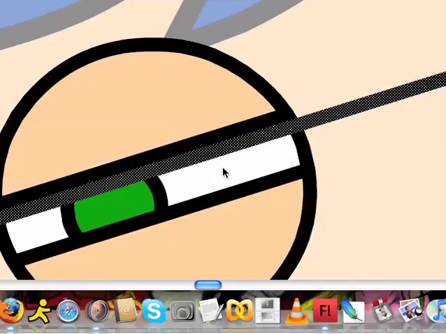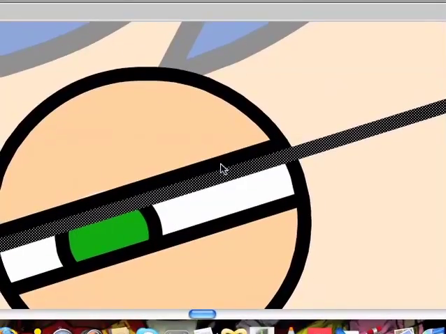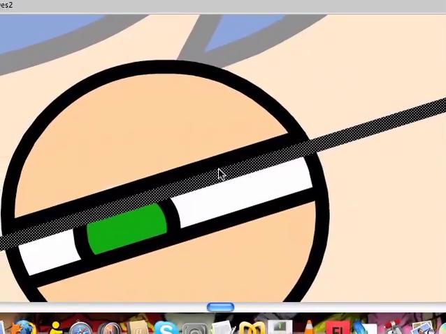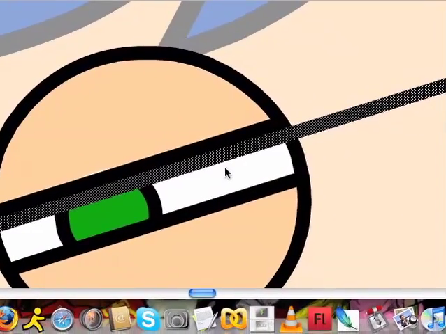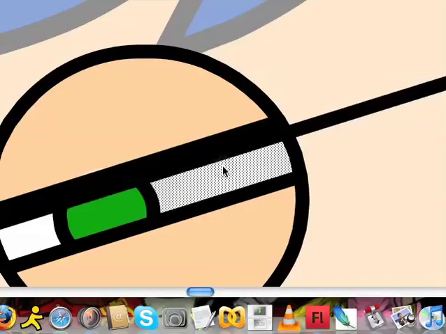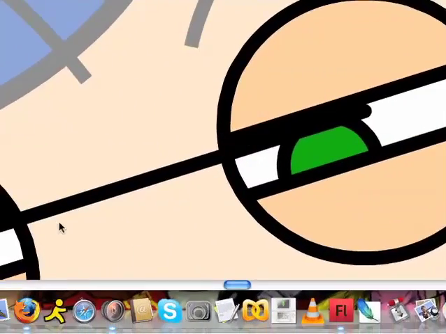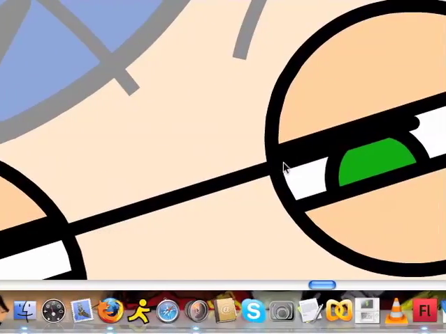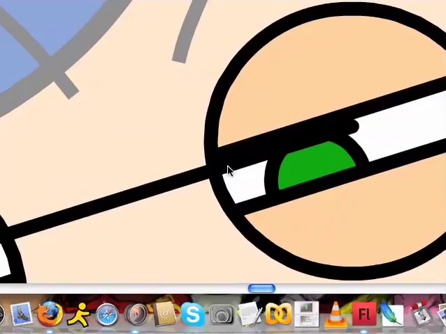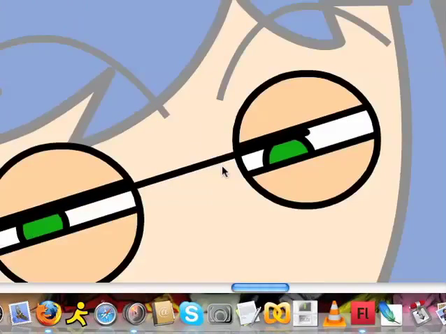What I do is I move this line down to the bottom of the previous line so they meet and there's no space in between them. So that looks pretty good. Let's check the other one real quick. And I pasted it kind of off, so what I'm going to do is zoom out